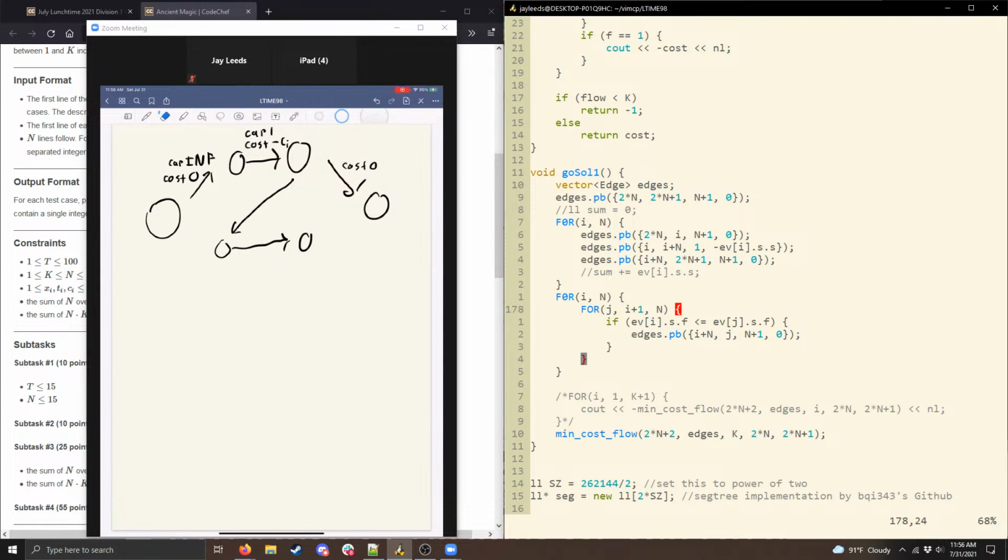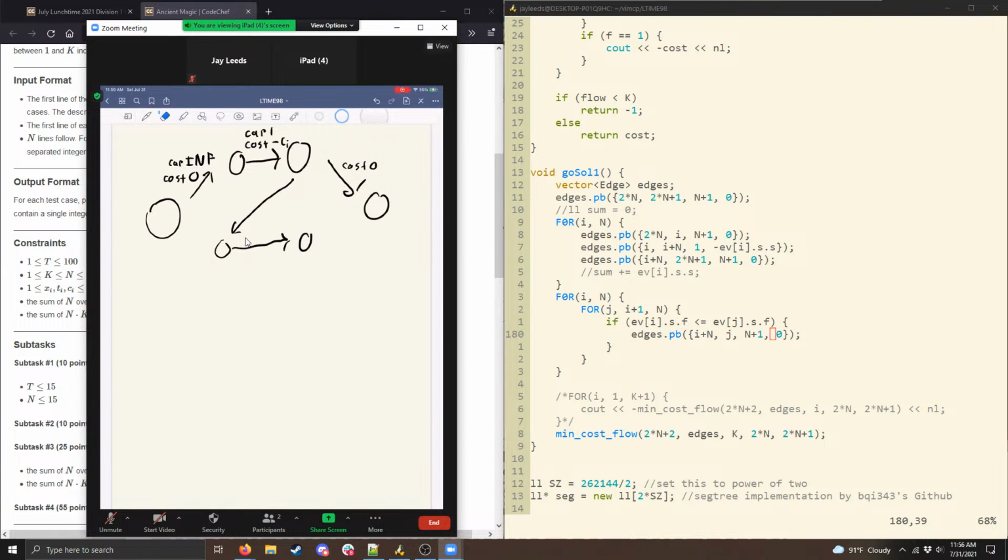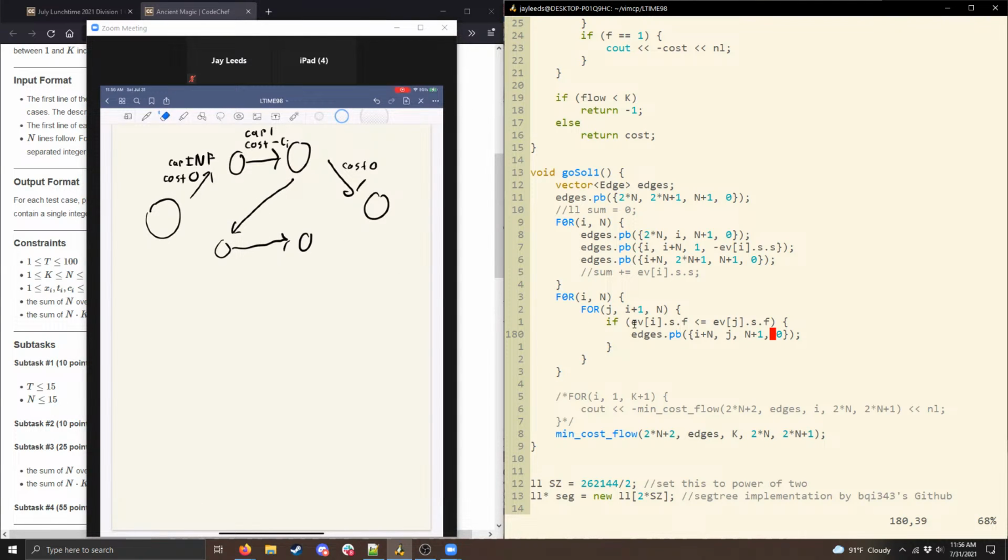And then I have these n squared edges that look like this, where they go from one vertex to the next, if the first one has a lower x and a lower t minus x. And the complexity in theory is probably not good enough to pass, but you should know that min cost flow usually performs much faster than its asymptotic complexity suggests, and so this ends up passing relatively cleanly.